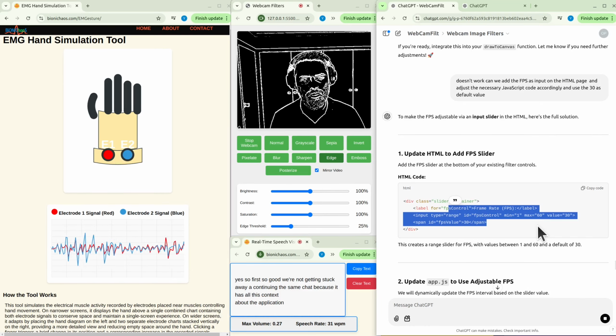Okay, and is it equivalent to the EMG? What are the issues? Can you be critical and funny? Using a webcam to track hand gestures isn't quite equivalent to EMG. EMG provides detailed electrical activity from muscles, whereas a webcam can only detect visible movements and might misinterpret gestures. Also, lighting or background changes could confuse the software. It's like using a magnifying glass to find a needle in a haystack versus just picking it up with a magnet.